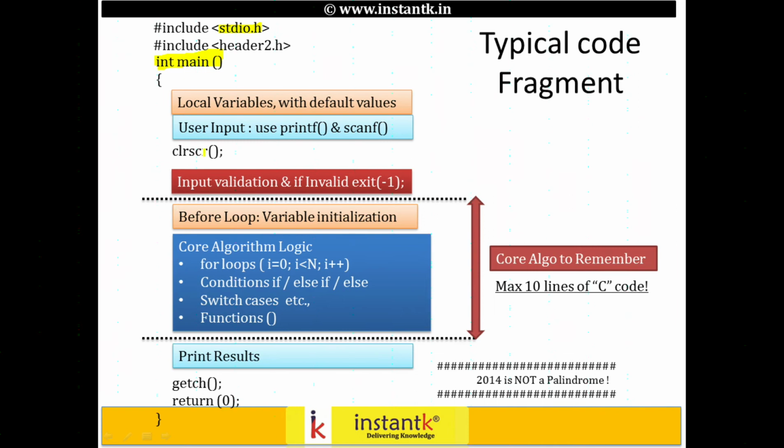This is your main fragment, and after this you will define some local variables with default values, for example int sum equal to 0, anything you want. So the first fragment is local variables. I suggest you add whatever you need right here. If you need a for loop variable i, go back and add it here. Don't start with hundreds of initialized local variables. Use them as and when you need, and go and add them here.